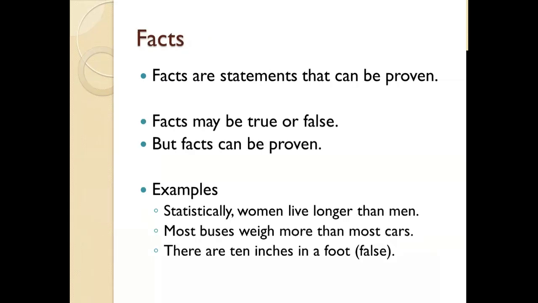So then let's talk about factual versus not factual, facts versus opinions. Facts are statements that can be proven. Now, facts are sometimes misquoted or misstated and can be demonstrated as false or inaccurate, but the take home here is that any fact can be verified. It's something that you can go and Google or hit a textbook or library and find out the correct interpretation of. So some examples. Statistically, women live 7 years longer than men. This is something we can verify by looking at census data or the average age of death amongst women and men in a particular city, state, or country.